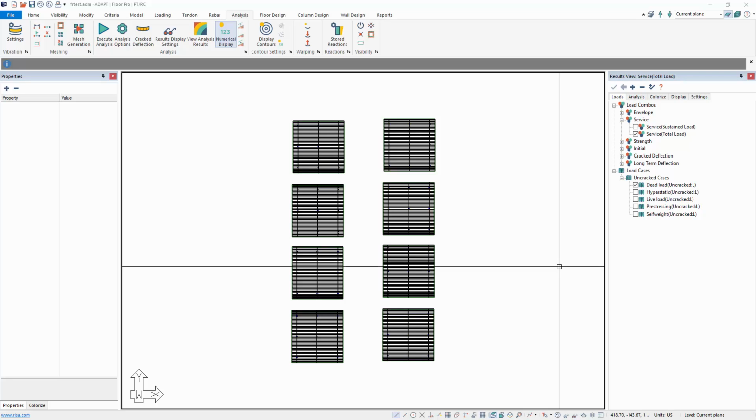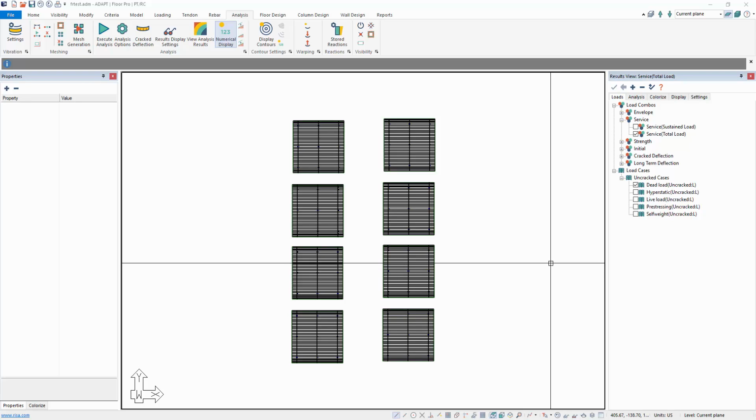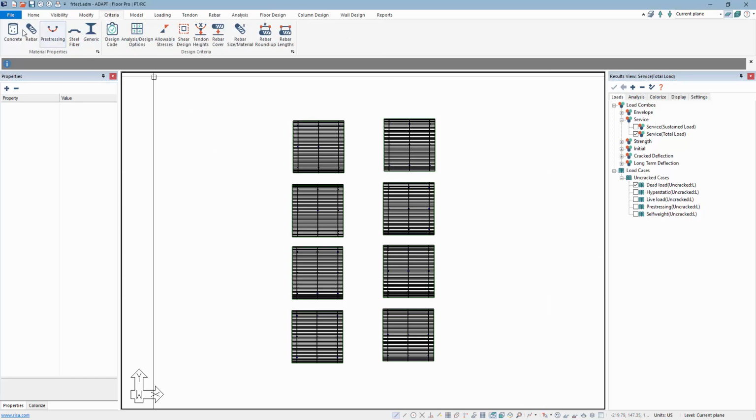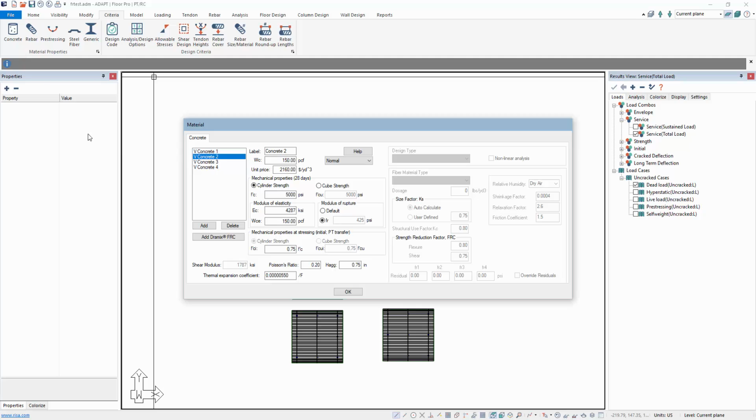In this segment, we're going to discuss a new feature in Builder 2020 that allows users to modify and override the modulus of rupture of concrete. This new feature is found in Criteria under the Concrete tab, and we can see for any given concrete that's defined, we can either use the default value being 7.5 times the square root of the defined compressive strength of the concrete, F'(C), or the user can simply select FR and directly enter that value here in PSI or MPa